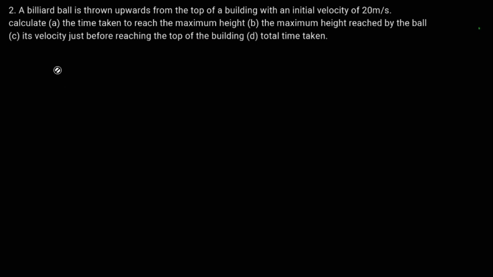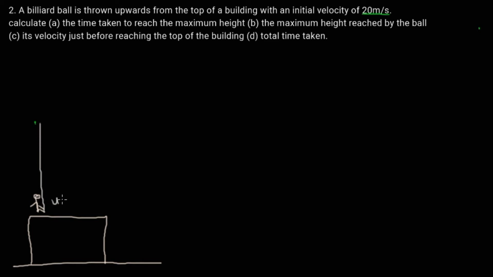Now a billiard ball is thrown upwards from the top of a building with an initial velocity of this. A, calculate the time taken to reach the maximum height. B, the maximum height reached by the ball. C, the velocity just before reaching the top of the building. And then D, the time taken. Now let's say this is the building. Someone throws a billiard ball vertically upwards from the top of a building with an initial velocity of 20 meters